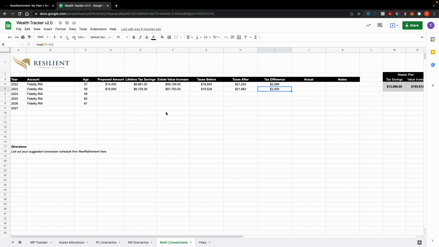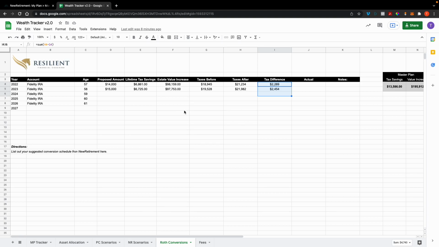But this right here, guys, will really help you do the legwork around, okay, what's the benefit of me converting? How much more value could I have? How much could I save in taxes? And how much additional taxes would I owe out of pocket to actually get the most optimal benefit from the conversion? Okay. So go through, do this homework, take your time, rewatch this if you need to, follow step by step, re-download the wealth tracker sheet, and just take your time.